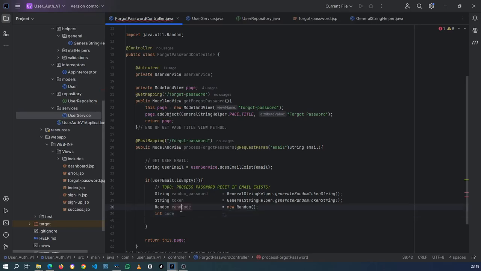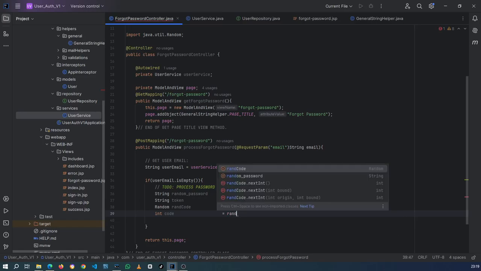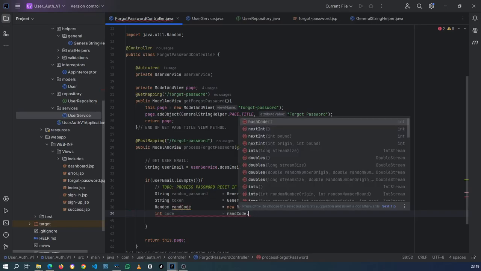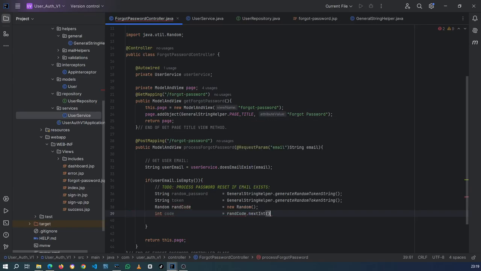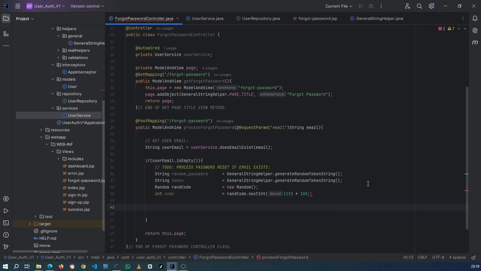And then we're gonna call this object here. So I'm gonna do it the same way I did when we were registering our user. We're gonna say next int, and then we're just gonna say the bound is gonna be 100, and then we'll just say times 100, or we can actually do something like 1 2 3. All right, and then what do we need to do now? All right, so now